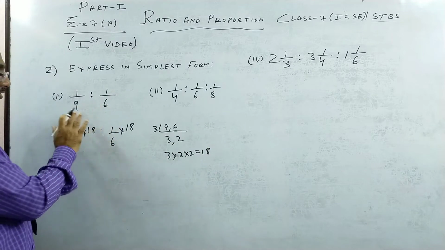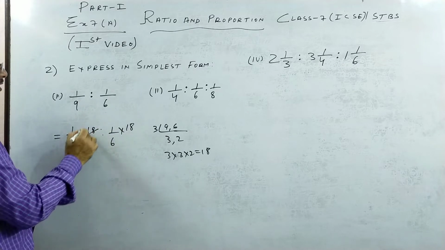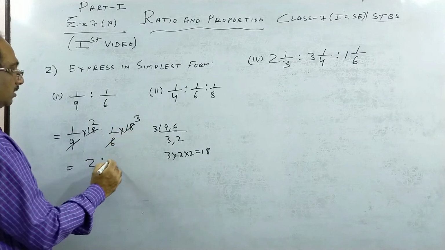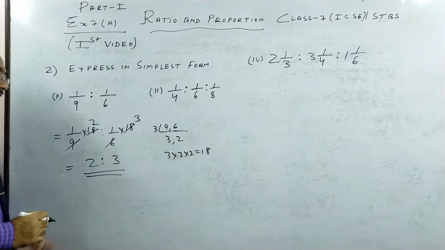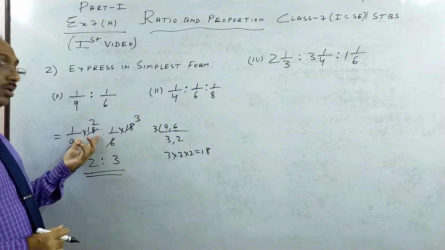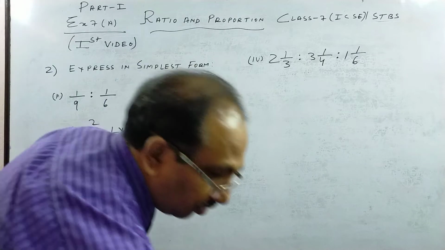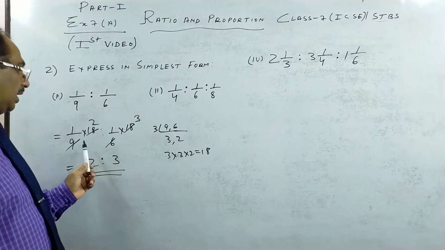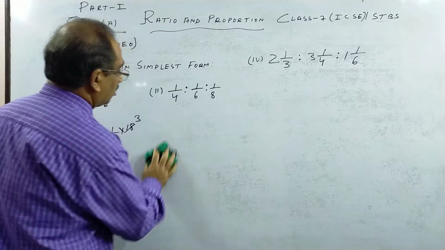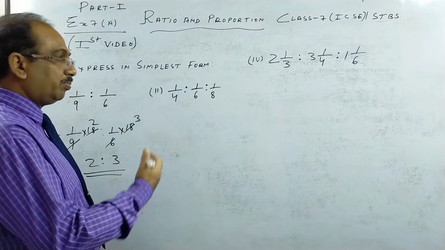So generally, children, we want to get rid of the denominator. So we multiply with the same thing so that the denominator vanishes. So 9 2s are 18 and 6 3s are 18. So remember, such a number, you don't take any. Suppose I could have taken 12. 12, 6 will go, but 9 will not go. If I would have taken 9, 9 will go, but 6 will not go. So hence we take the LCM of the numbers, and if a ratio is multiplied by the same quantity, it is unaffected. So I'm writing this. You can pause the video and play back if you want to see again. Generally you pause the video and play back until you understand.